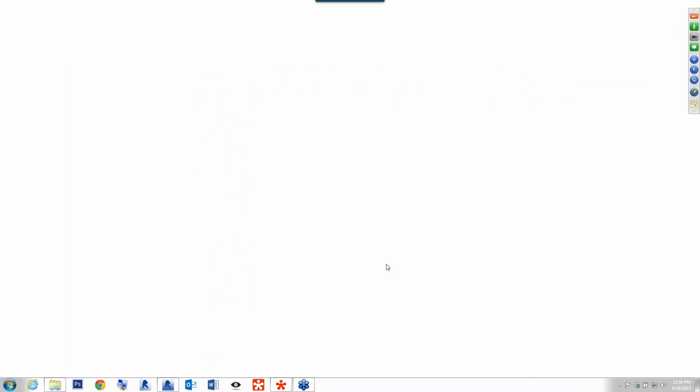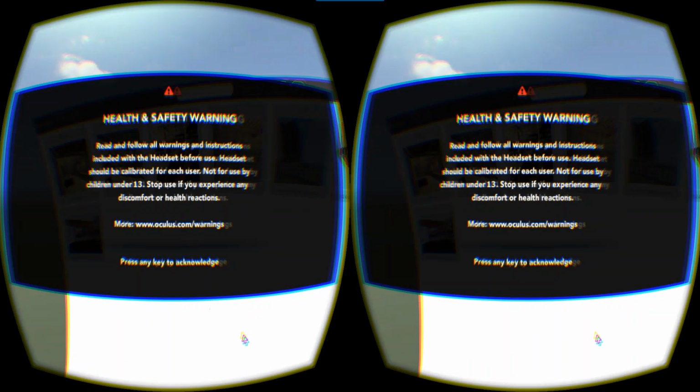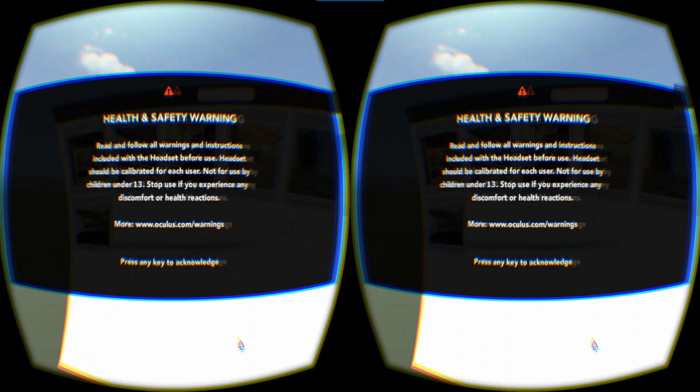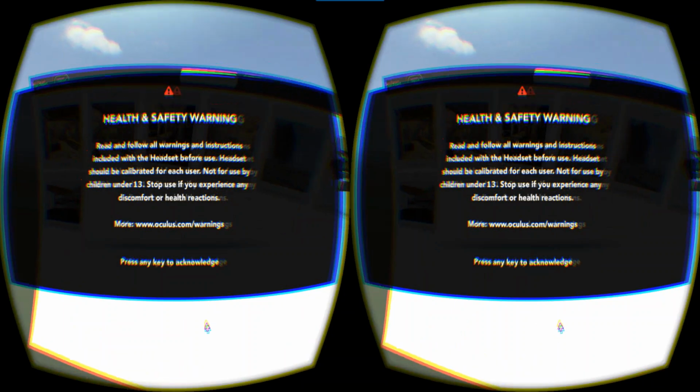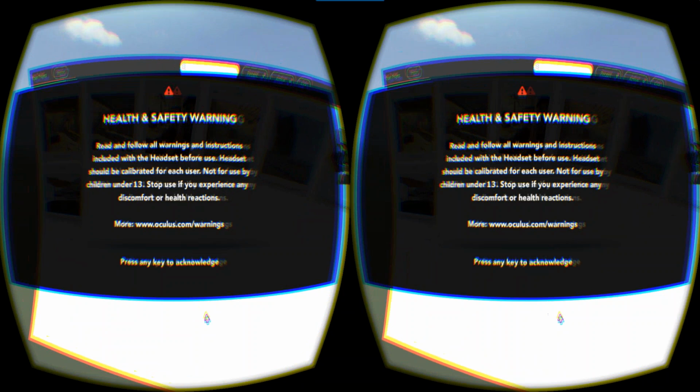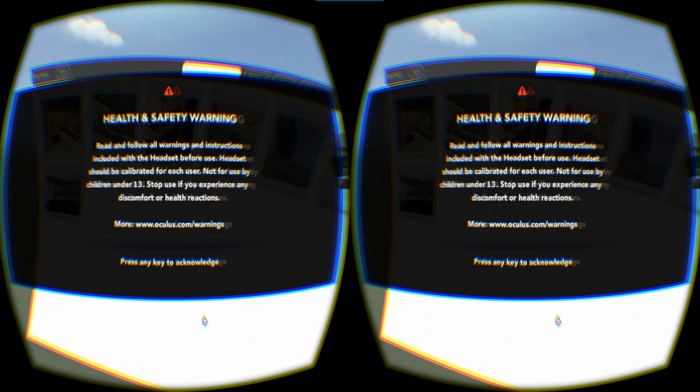I have the Oculus hooked up to this computer right now, and I'm not going to actually wear it. What I like to do when I'm using this in a conference room is have a projector or a monitor hooked up, so that what you're seeing on the screen is the same thing everybody else in the room would be seeing, so everybody stays engaged in the presentation, not just the person wearing the virtual reality headset.